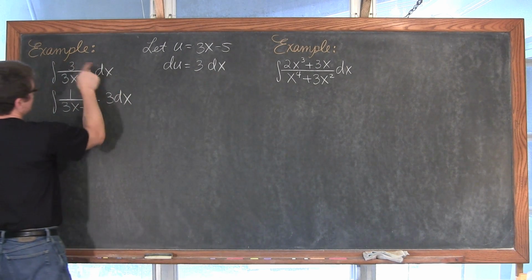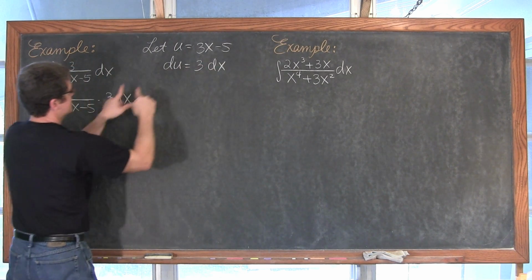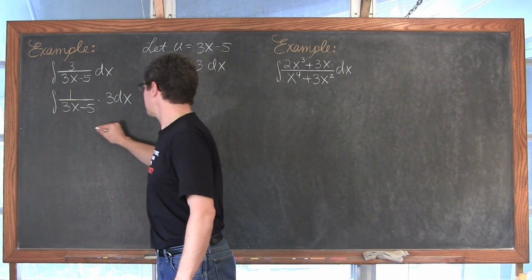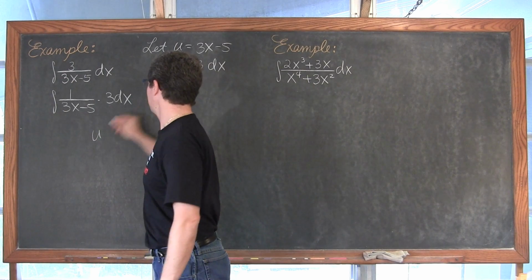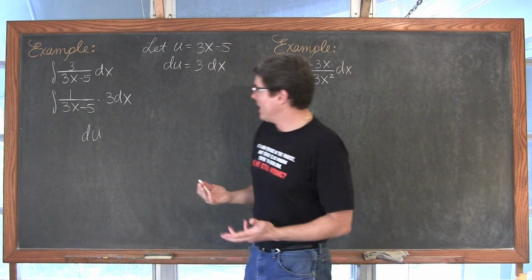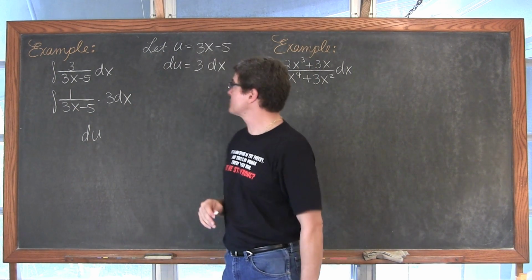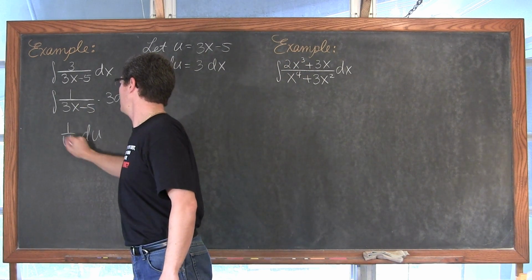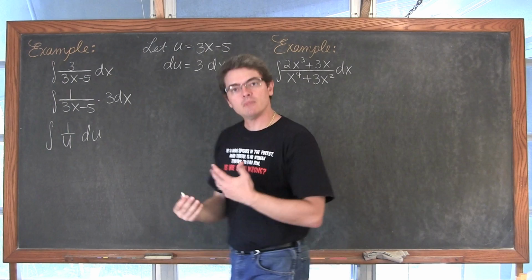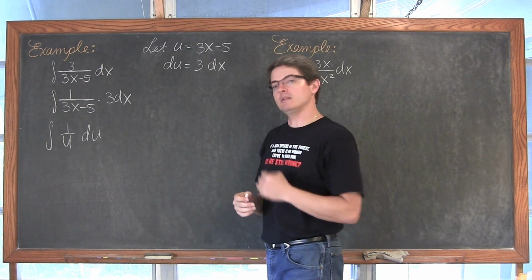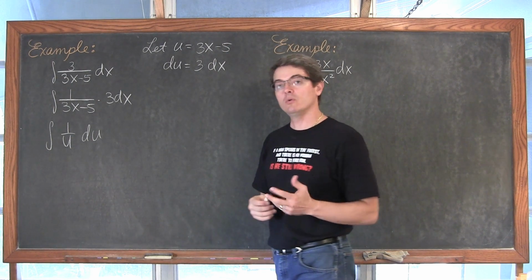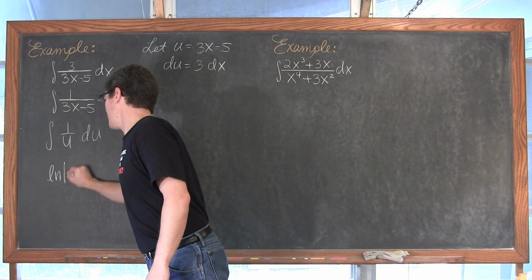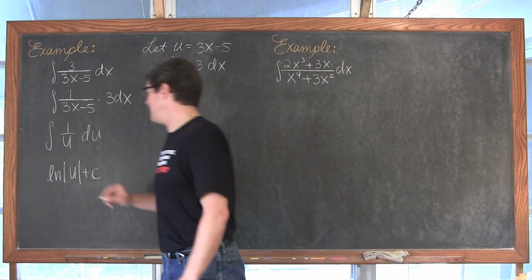And then, just moving that 3 off to the side. And clearly we can see that that 3 dx can be rewritten or replaced with just simply u. Or excuse me, not u, but du. Well, 1 over 3x minus 5, we let u equal 3x minus 5, and so that's going to be 1 over u. And now again, in small steps, we see that indefinite integral of 1 over u du is going to be equal to the natural log of the absolute value of u plus c.